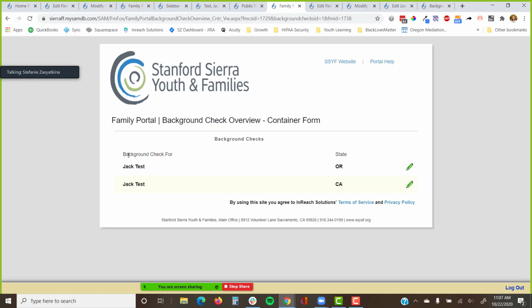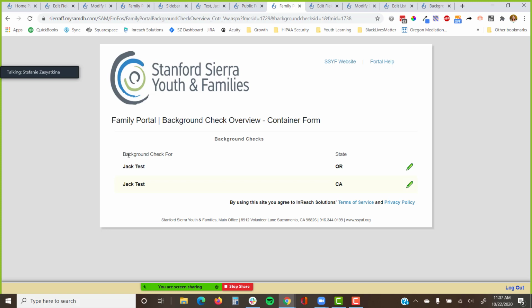And so when the family's adding the application form and they're adding their out of state checks, those automatically set as out of state. And if Sam automates some and says, well, it's the family state,